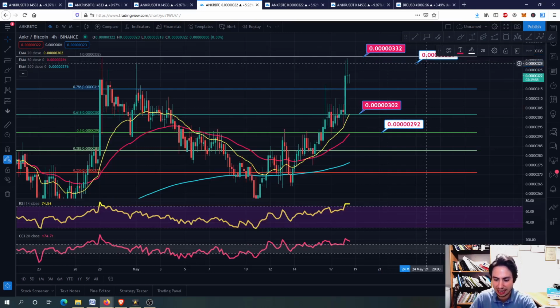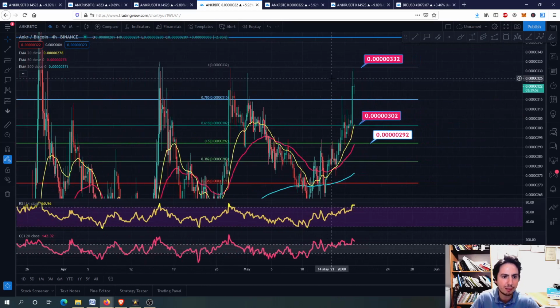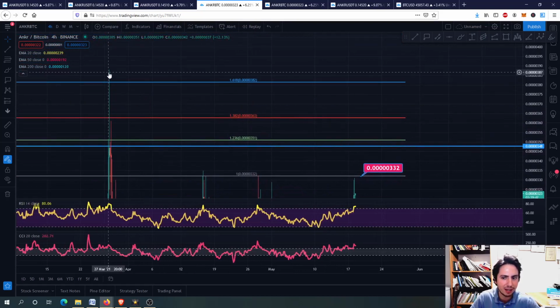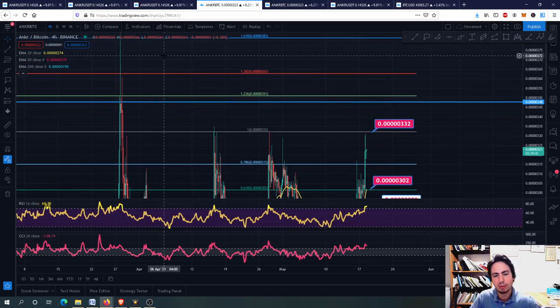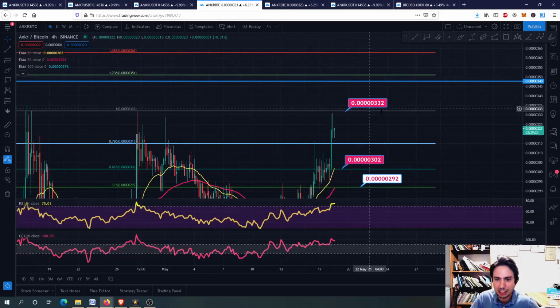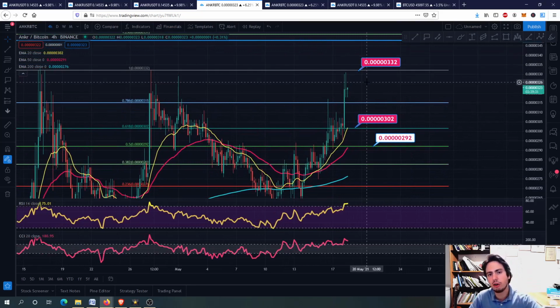As you can see, guys, here I'm going to delete the previous label, and of course you can see we are going all the way upwards, going almost to the new highs. Here we were upwards on the 1.618, we found resistance almost on the 1.618 Fibonacci retracement level. Now what we want to see is breaking this important 0.50332. As we break this, then we can actually go further upwards, and then we can see Ankr breaking against Bitcoin and going upwards, outperforming Bitcoin. That's what we want to see. We want to outperform Bitcoin.